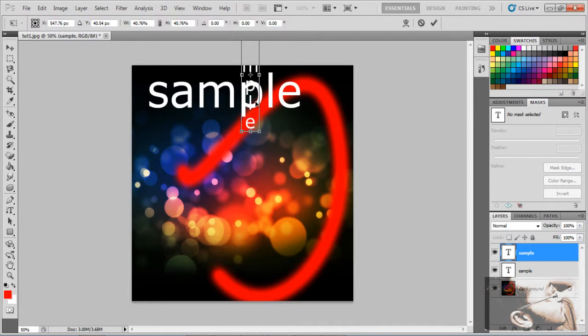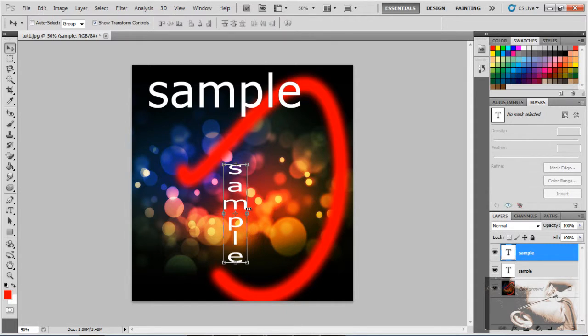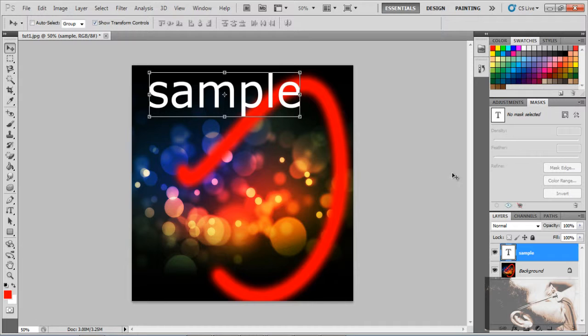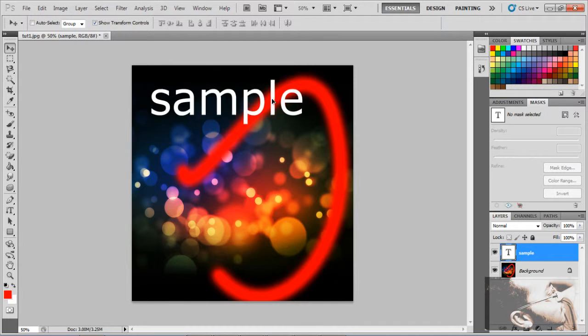make text smaller, larger, however you need it. To confirm the size, click enter. So you can move that sample wherever you want. So I'm deleting this sample. Now I'll show you